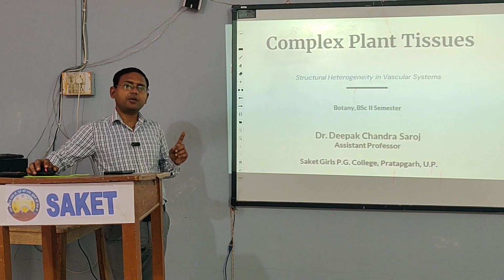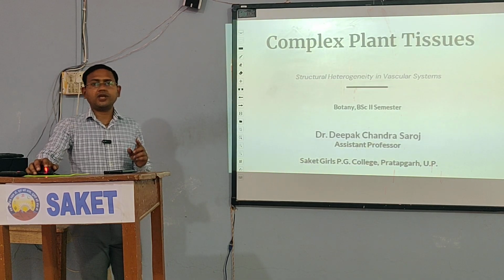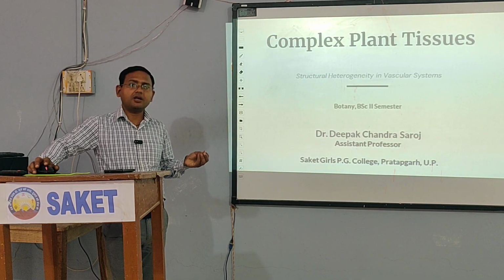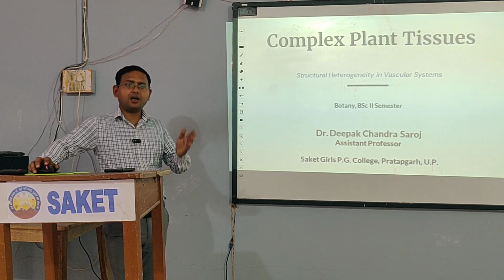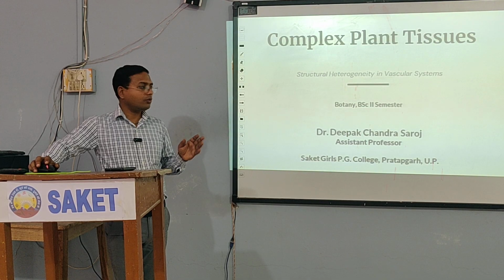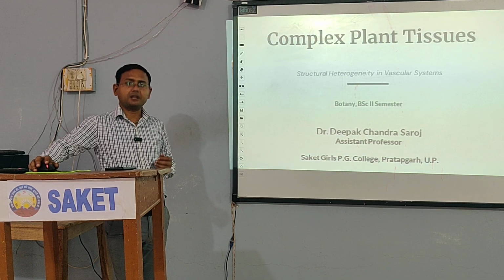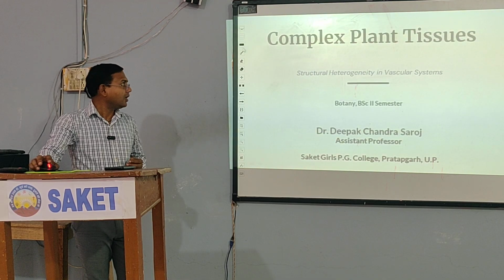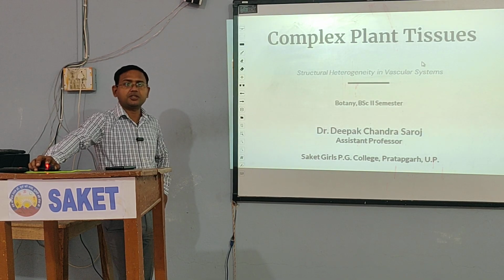This is the only type of tissue in the simple permanent tissues which is dead, its cells become dead at maturity. In the beginning they are living, but as they mature, they have deposition of lignin on their walls, and lignin is impermeable for water and air, so ultimately these cells die, and these provide the highest mechanical strength to the plant. And the next type of permanent tissue is the complex plant tissues. In this we have the vascular tissues, especially the xylem and phloem.